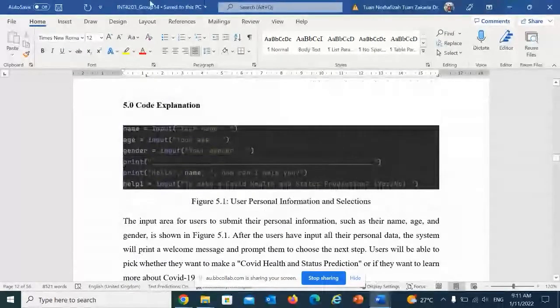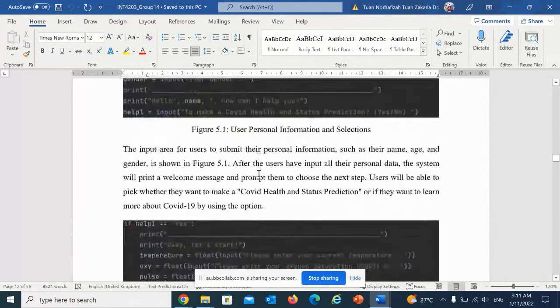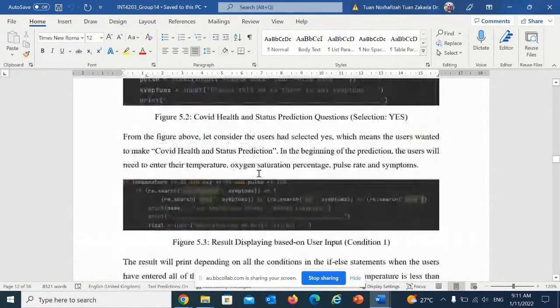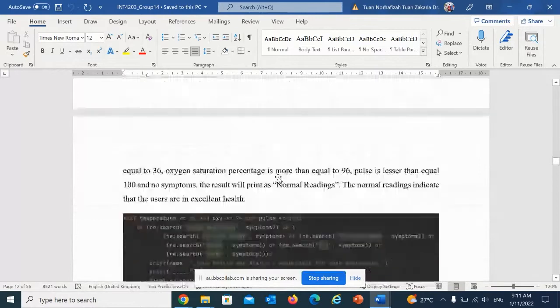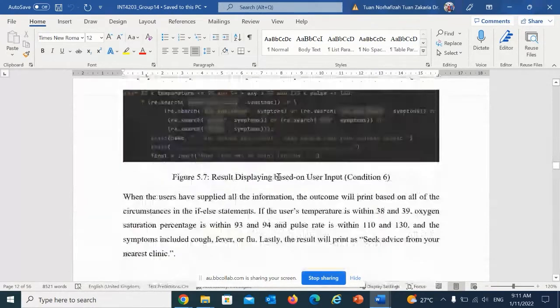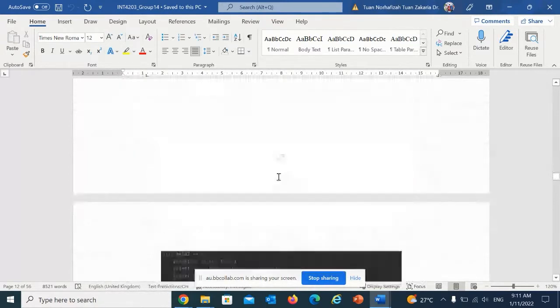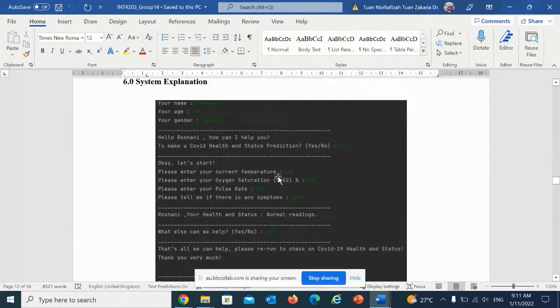And then your code. So you convert your decision trees and your reasoning into code. You can explain a little bit of your code for your rules. And then your input and output of your system.